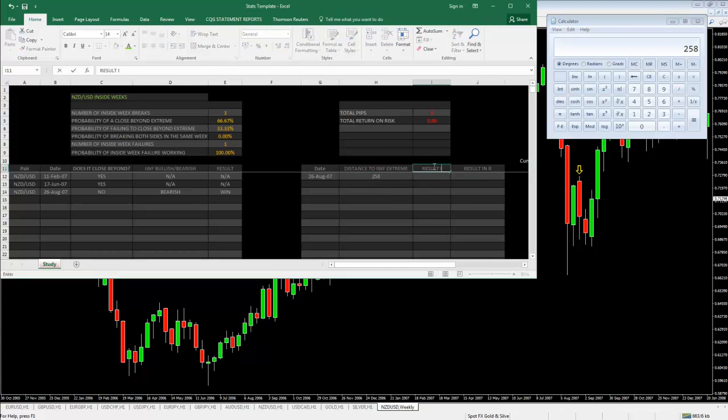Now we want to know what the result in pips was if we get a winner out of that trade. The result in pips would be the distance from the close to 1 pip beneath the low of the original inside week. So the close was 70.15, and the low was 68.26, so we go to 68.25. And it's 190. So we would have made 190 pips for a risk of 258. I haven't accounted for spreads here because spreads do change over time,